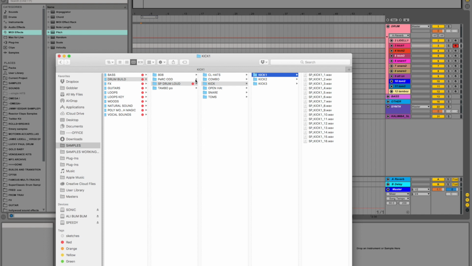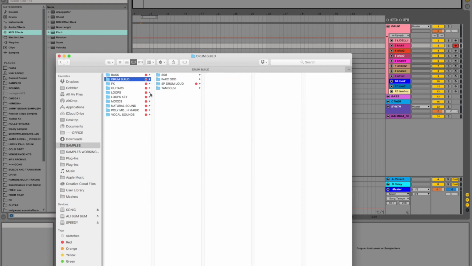So you don't just get the SP sampling a kick, you get the SP pitching the samples, which is what it's really famous for, and each sound really has loads of character that way, so you'll be able to get a lot out of just one kit, which is cool. And then there's a bunch of effects, some guitars, loops from keyboards, moods,